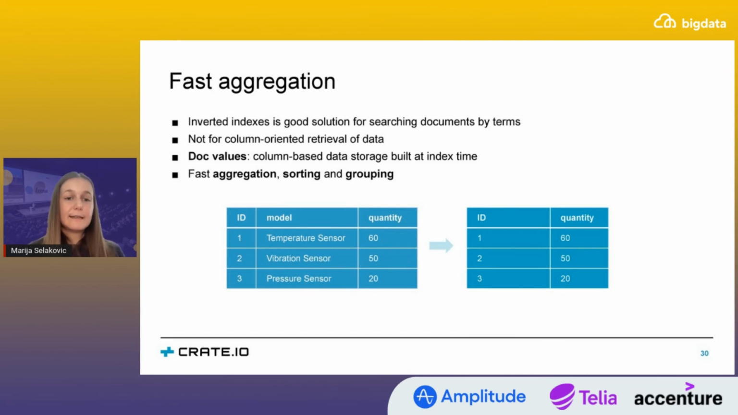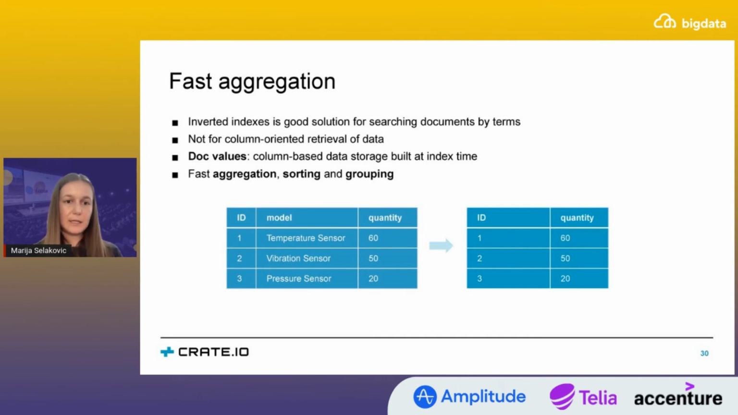The next important indexing strategy for CrateDB is, as I mentioned, doc values. So inverted indexes are a very good solution for searching documents by terms, but not when you need a column-oriented retrieval of data. In time series use cases, and especially industrial use cases, we have seen a lot of need for doing aggregations, sorting and grouping. And to be able to do this,